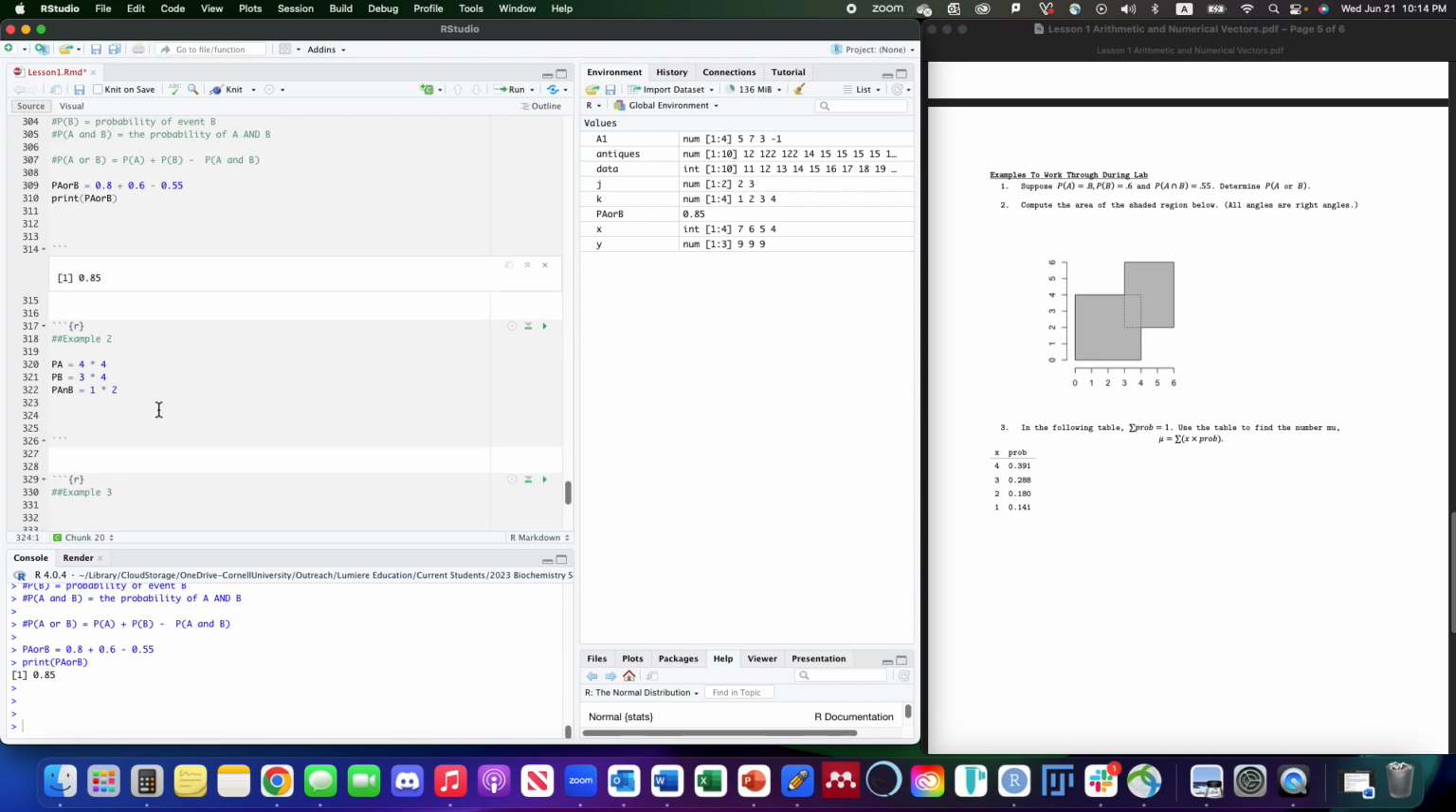So now we want to know the area of the shaded region below. So the shaded region below is all of it. So we only want to know PA or B, or we want to know